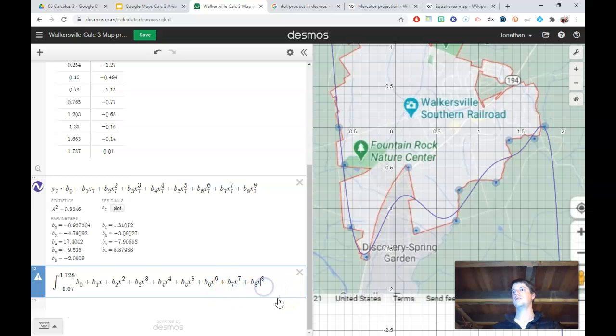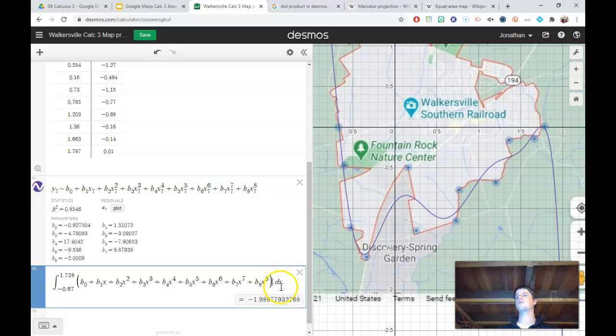Almost there. Great. Now, one problem with the integral: what does it say? We need to have a dx, right? Desmos doesn't like just having dx at the end there. You've got to put all this in parentheses and close the parentheses here, and then it goes, oh, okay, great. So this is negative 1.989,